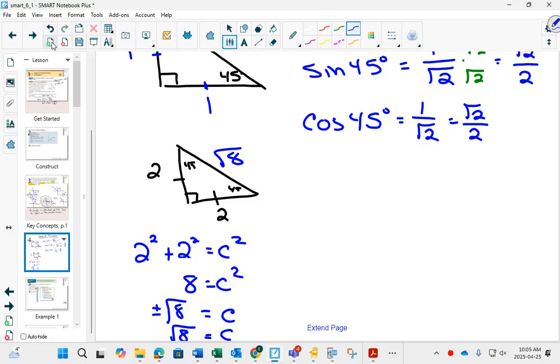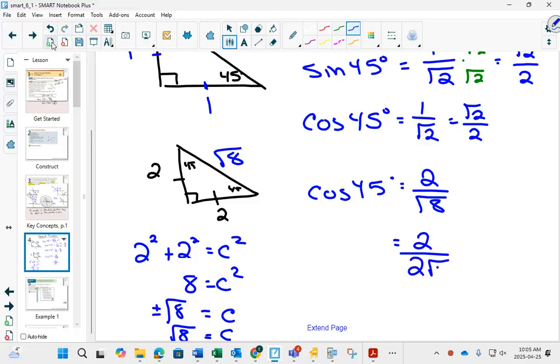Okay? And then I do cos of 45 degrees with this one. Can you see that you would get 2 over the square root of 8? Can't have square roots on the bottom. Also, we should always have our square roots in lowest terms. So, can I reduce square root of 8 to anything? 2 square root of 2. If I do that, can you see your square root of 2's would simplify? And you would be left with, uh-oh, same thing. And then if you rationalize,